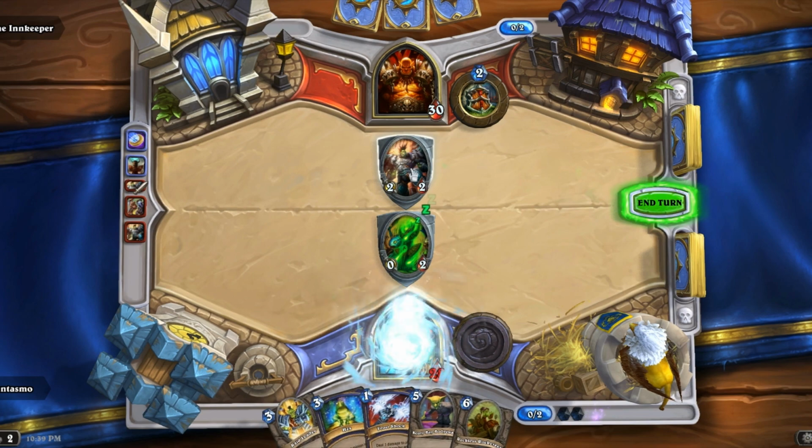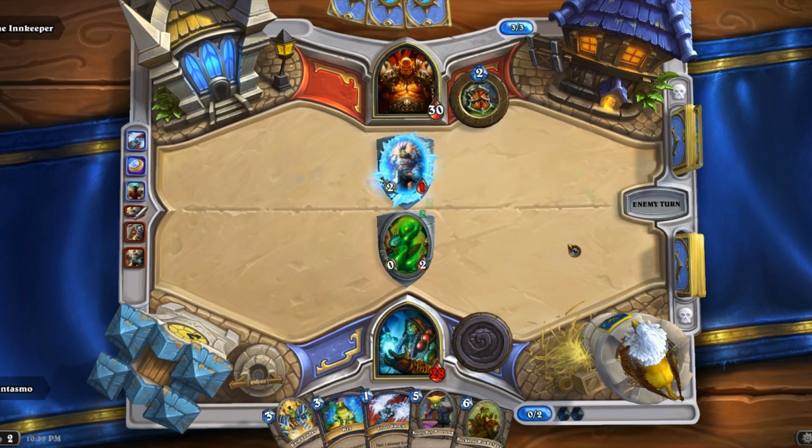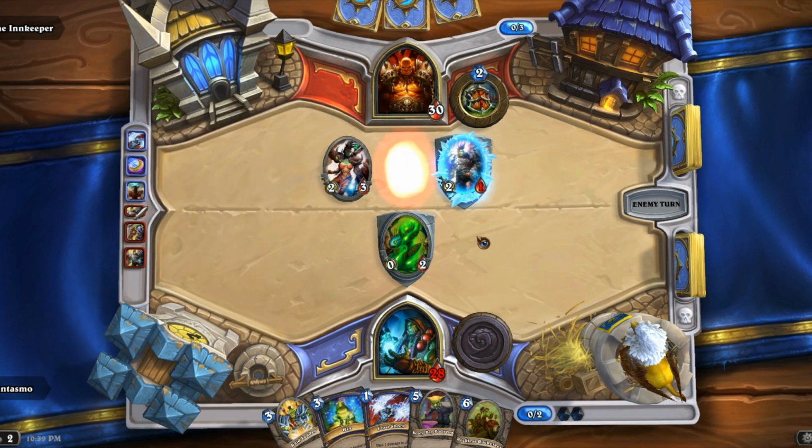And what freezing does is, since he's frozen solid for his next turn, he cannot attack next turn, which is good for me, because that means my taunt still stays up. Okay, so now he put